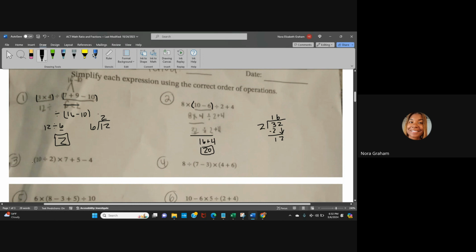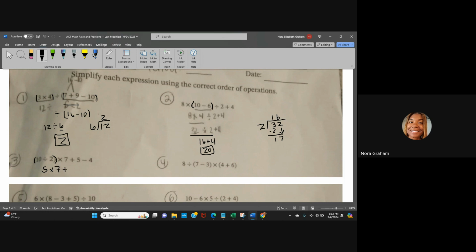So for number 3, we have 10 divided by 2, in parentheses, times 7 plus 5 minus 4. Again, with PEMDAS or GEMDAS, we're dealing with our parentheses or grouping symbols first. So 10 divided by 2, 2 goes into 10 5 times. It's 5. The rest of the stuff comes along for the ride, times 7